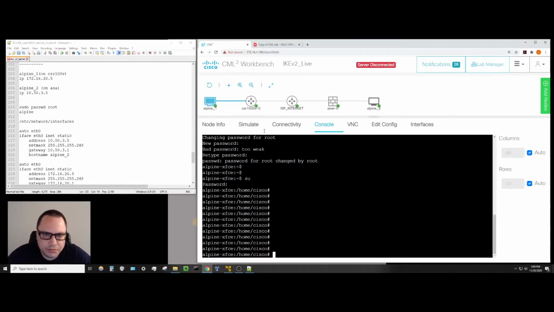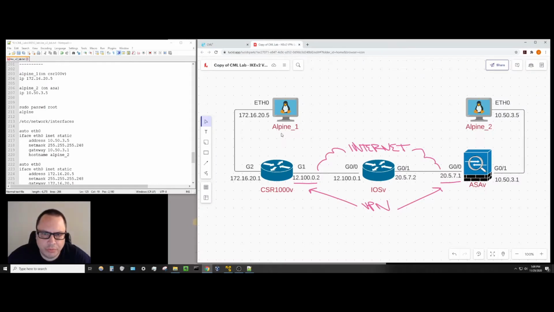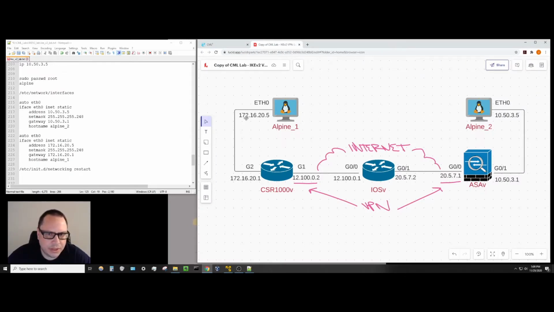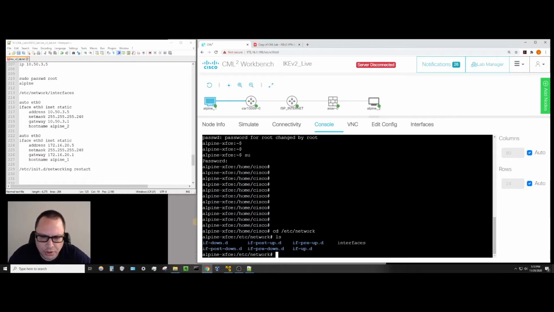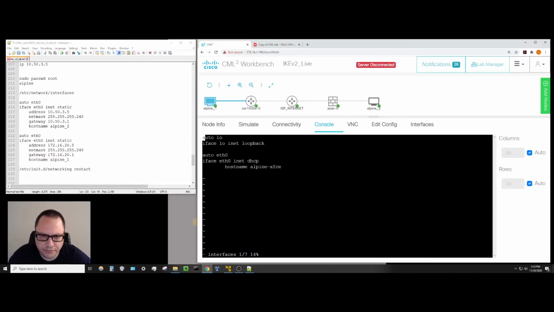All right, so this is Alpine 1, and I'm going to want to set that to the 172 address. To do that, I'm going to go to the root /etc/network directory, and I'm going to edit the interfaces file. I'm going to change this first line here, and it's going to be static in this particular case. And we'll just add in the rest